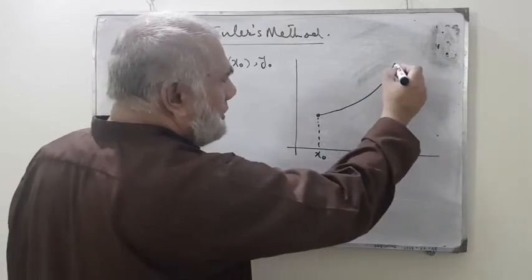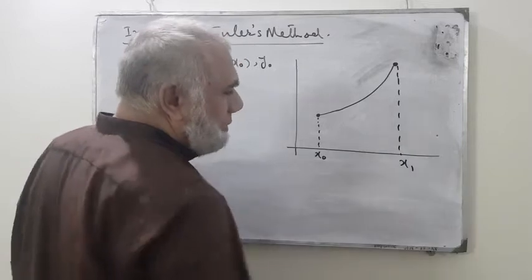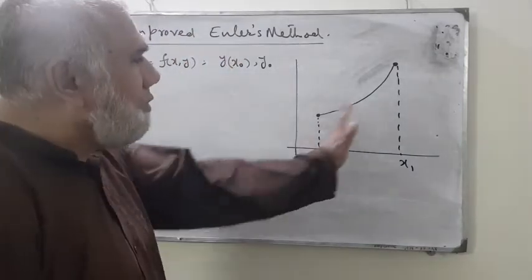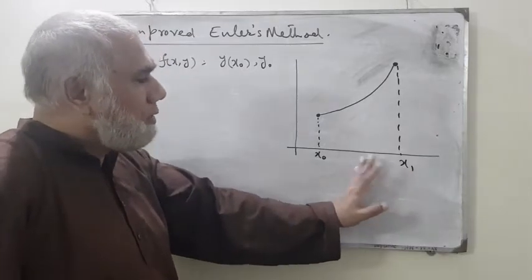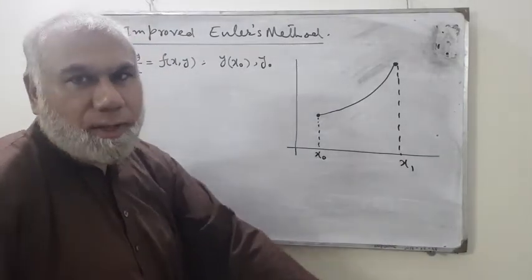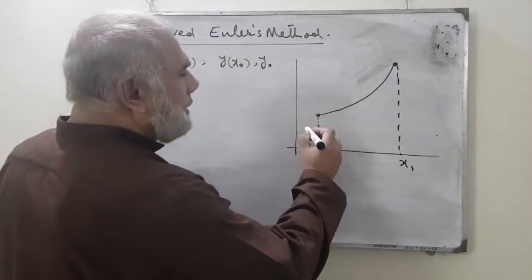And here we consider only the one interval, and it is your x1. Previously we have divided the whole domain to x0, x1, x2 up to xn, but here we consider only the one interval, and then we can generalize it for the n interval, no problem at all. Now corresponding to this,